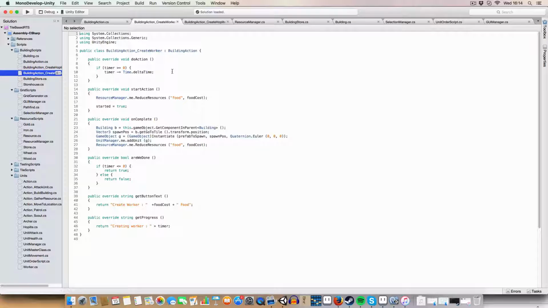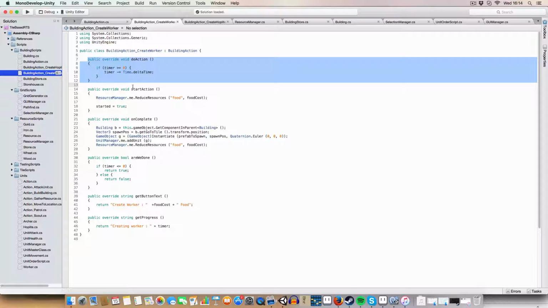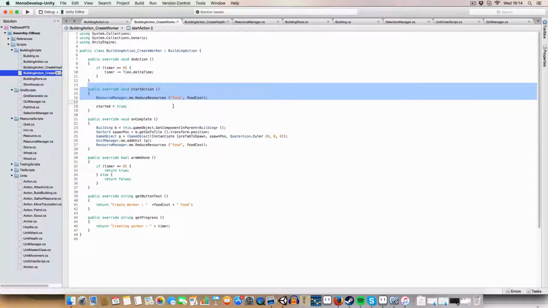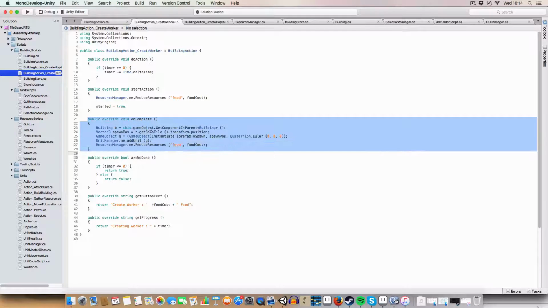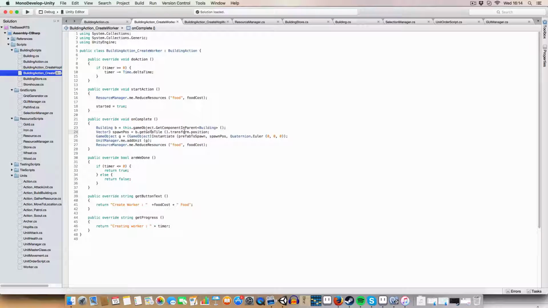And again, the same thing for the build worker action. So we've got do action, which just counts down the timer if it's more than 0. Start action reduces the food by the food cost, because it only costs food to build workers. And on complete basically just grabs the building that this script is a child of, gets the go-to tile, which is basically the tile below the building, as I've explained a couple of times before, so I won't go over it again. Then it instantiates the prefab at the spawn position at a rotation of 0,